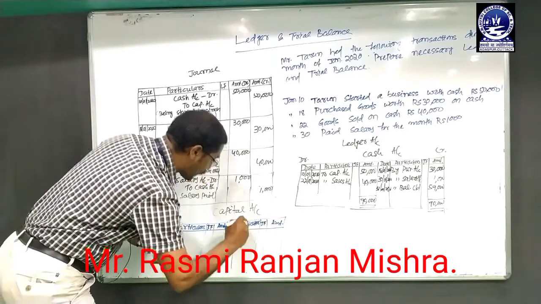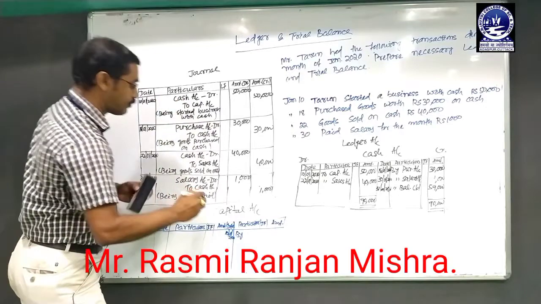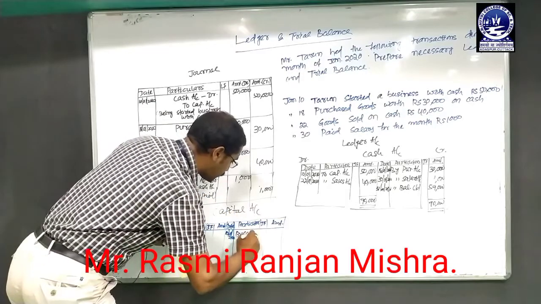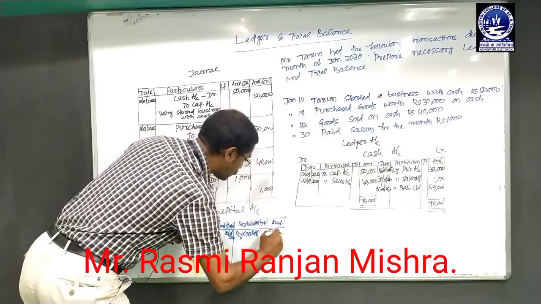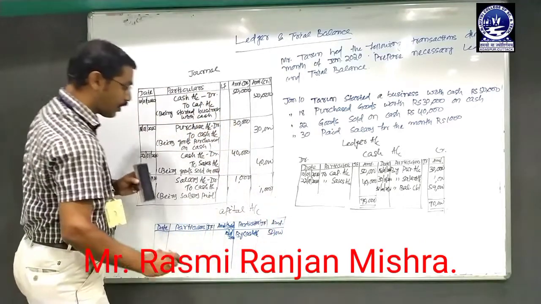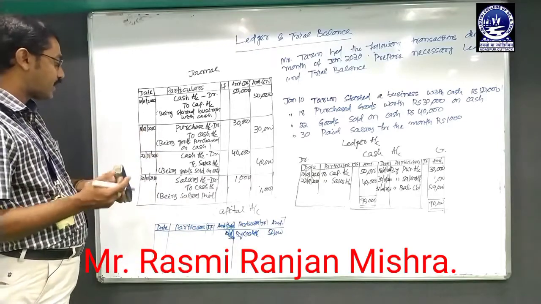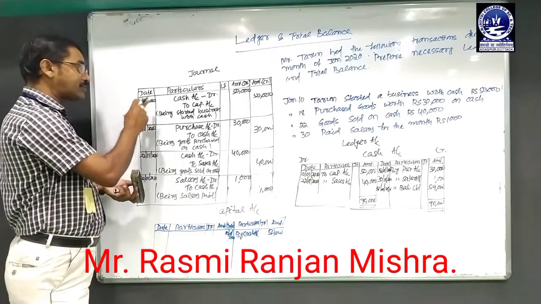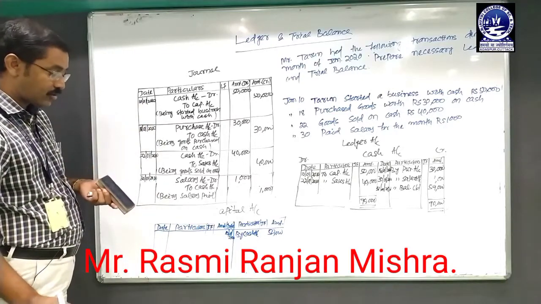Credit side always starts with by. Capital account credit means the cash account is debit. So here we have to mention by cash account and the amount is 50,000. Directly put it in the amount column. So the ledger posting of capital account is already completed, as only one transaction affected the capital account. Then we have to make the balance of that ledger account.